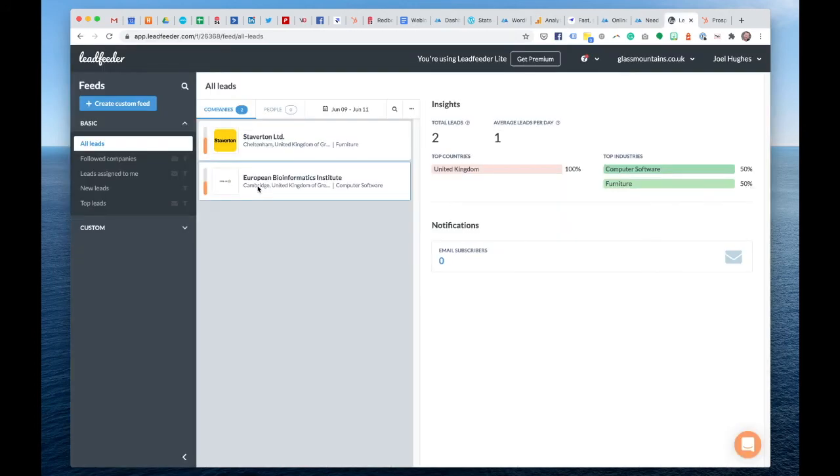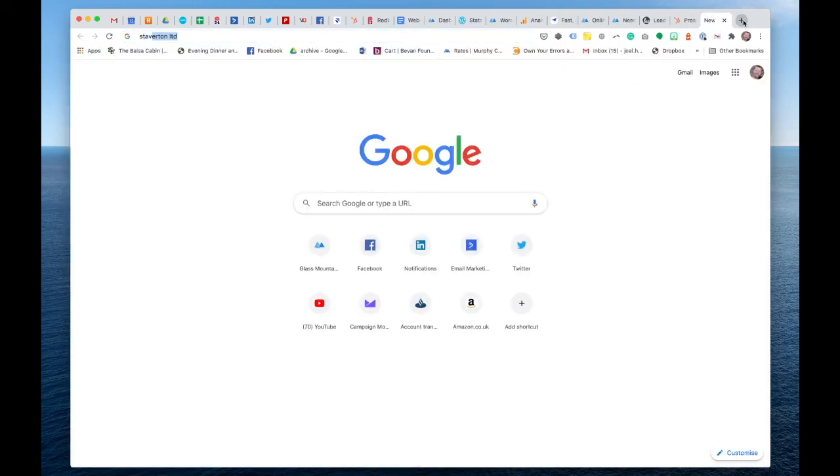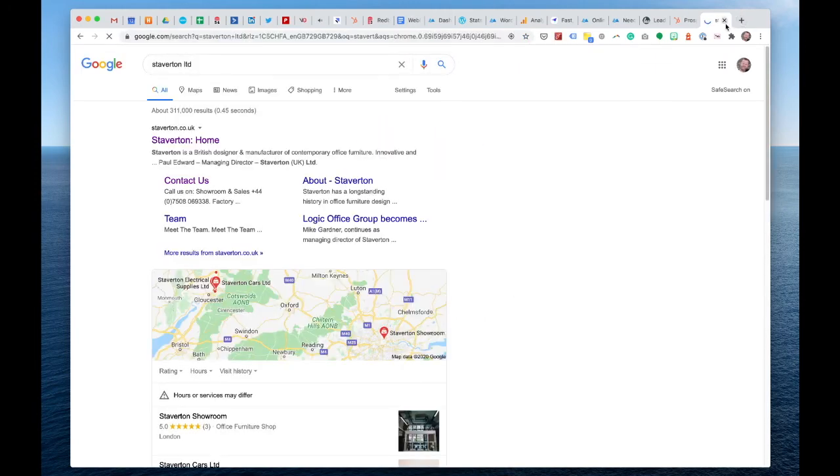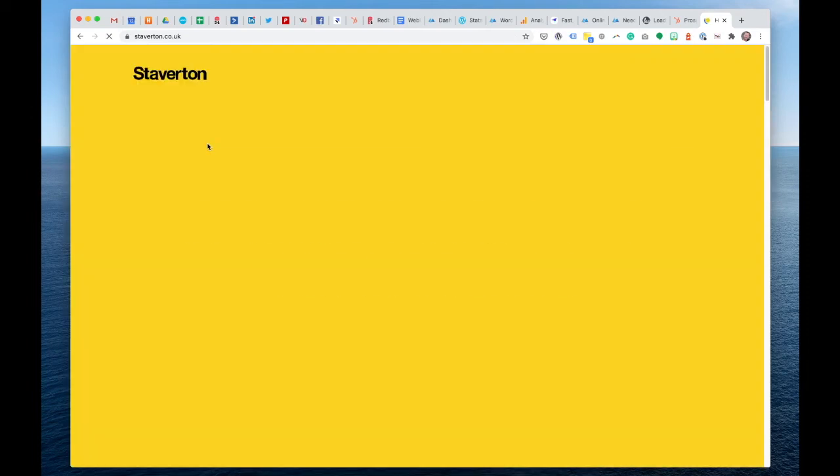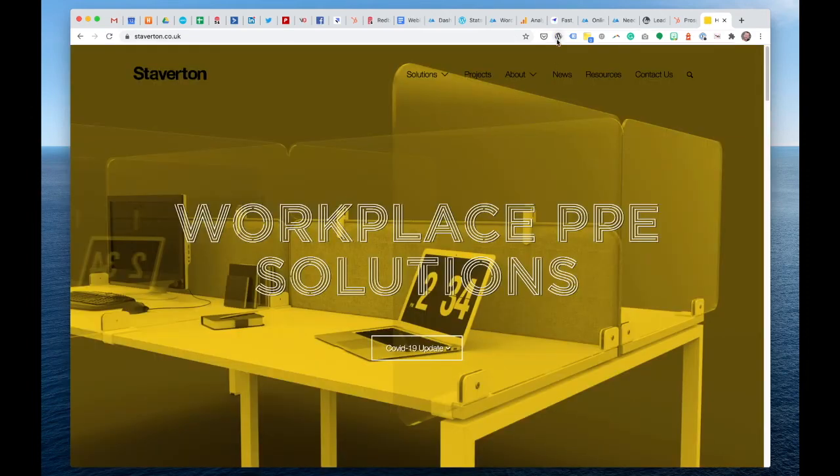So this is one called Lead Feeder, and I can see here that a company called Staverton visited my website. Now, just to give you a little bit of insight with how my little brain works, if I looked at Staverton, I've got an app here called Wappalyzer, which tells me the technology that the website is using.